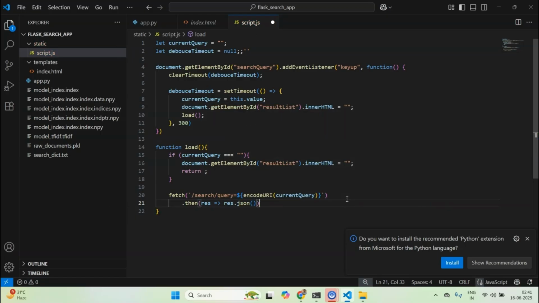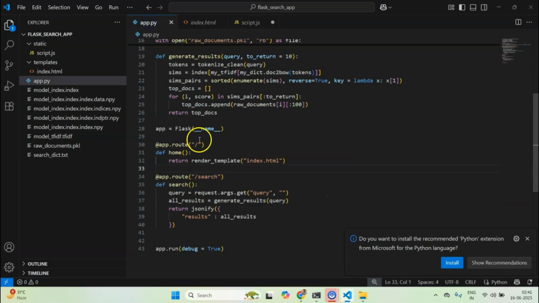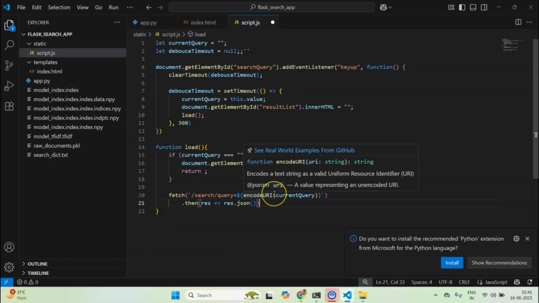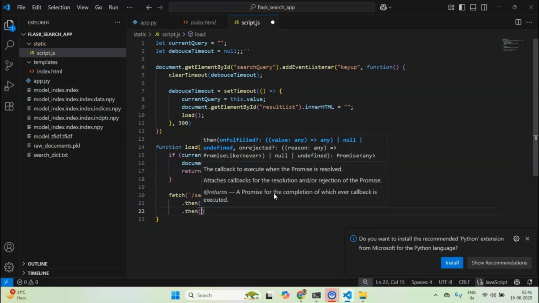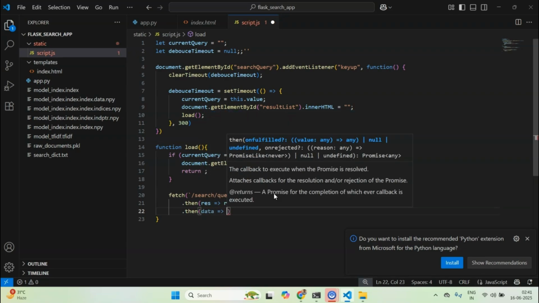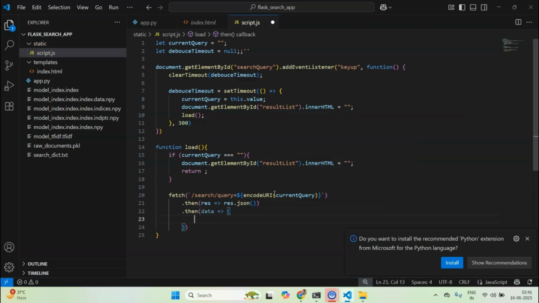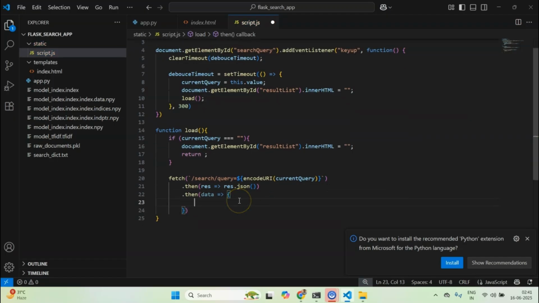Now what will it return? Now go to the app. Search returns a JSON with a results key, right? So finally I'll call one more then, and inside this then I'll call this data and open curly braces. Inside this I'll define a new variable called list. Now what is going to be my list here?